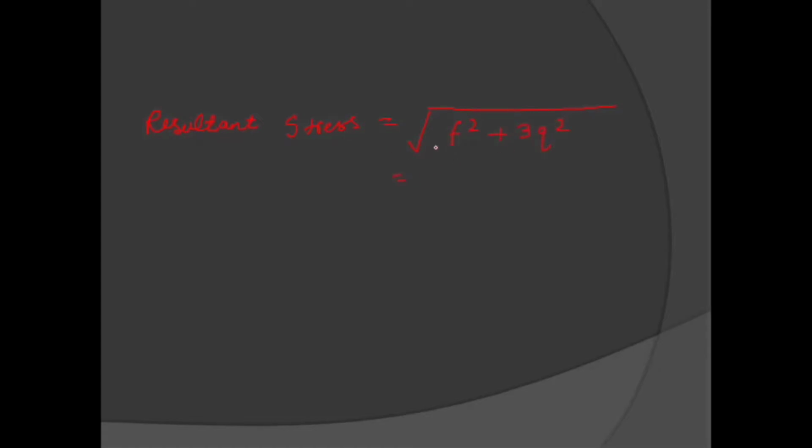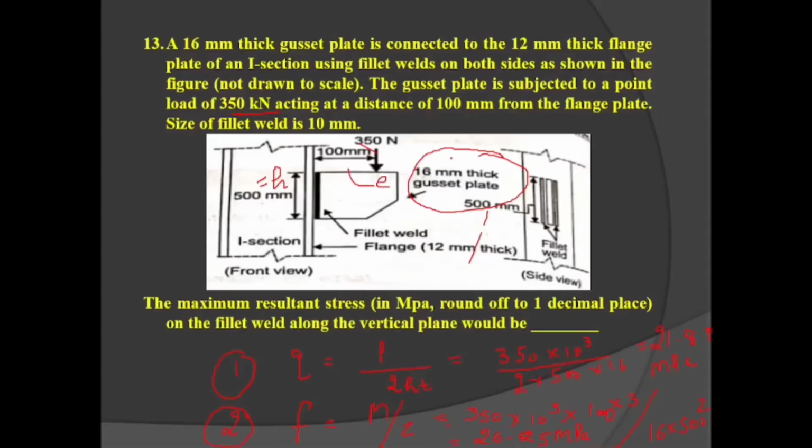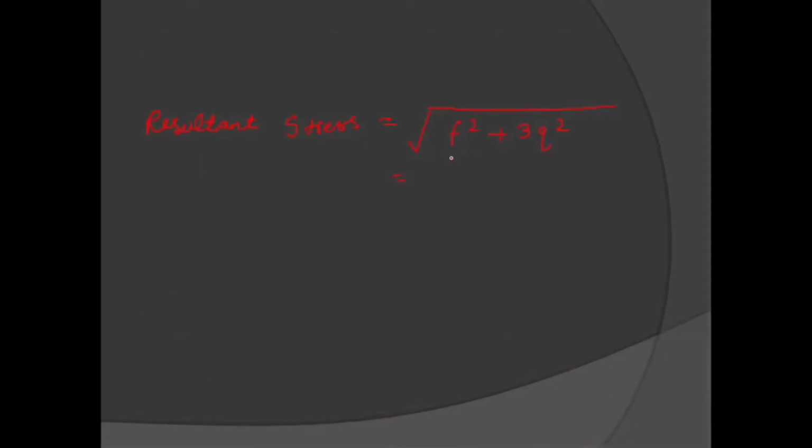F value we have calculated is 26.25, and Q value is 21.88. So 26.25 square plus 3 times 21.88 square. After taking the whole under root of this, our final answer is equal to 46.09